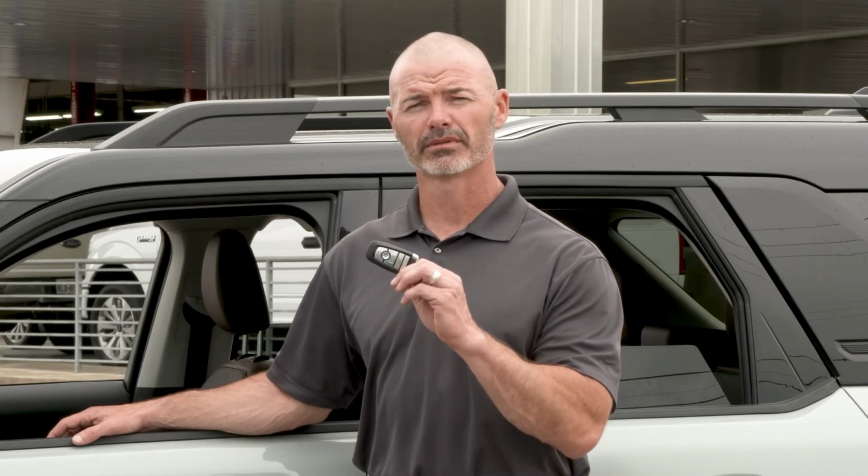And here's your bonus tip today. Always take a second key with you on your vacation, because it could take 2 to 3 days to have